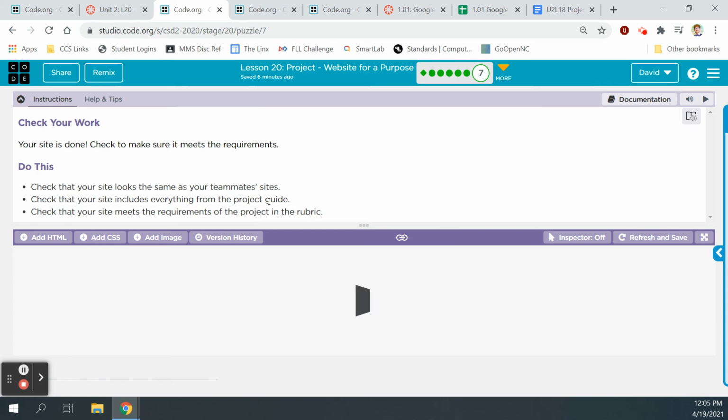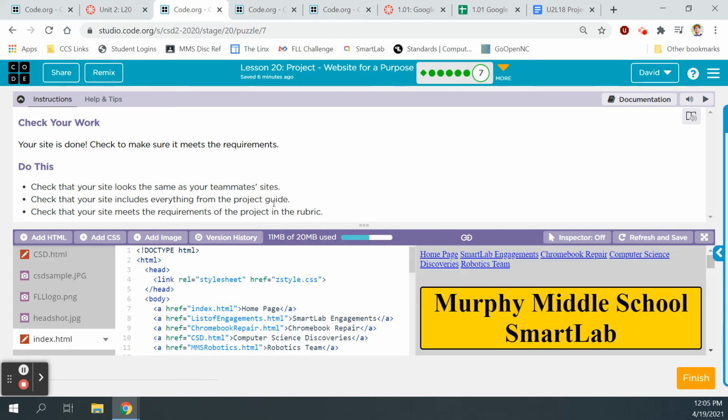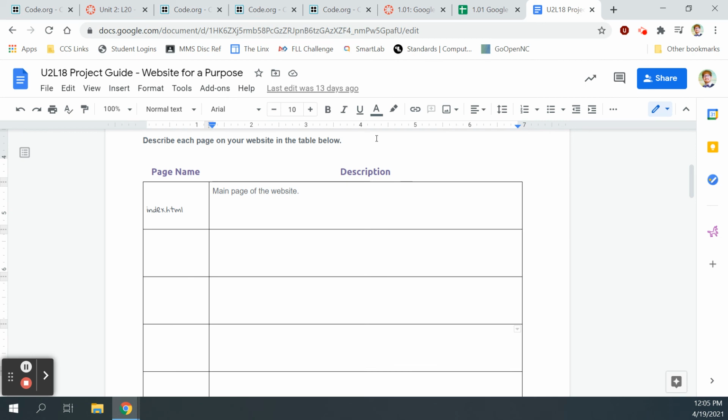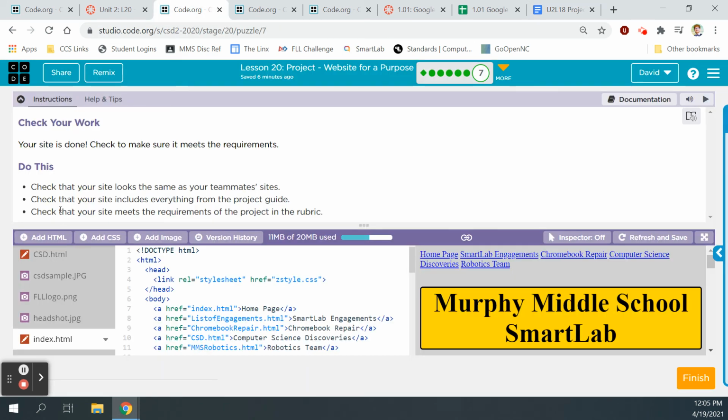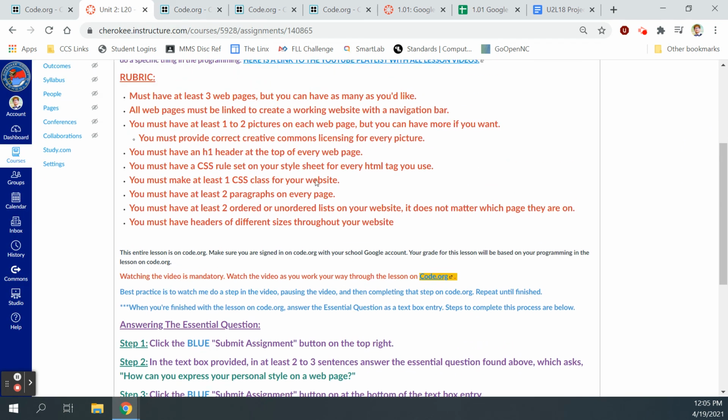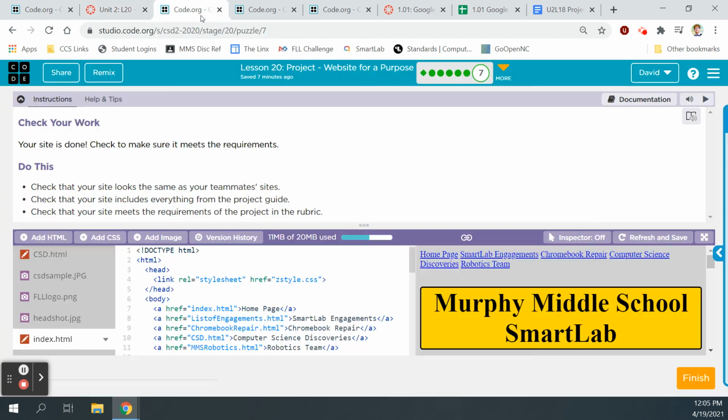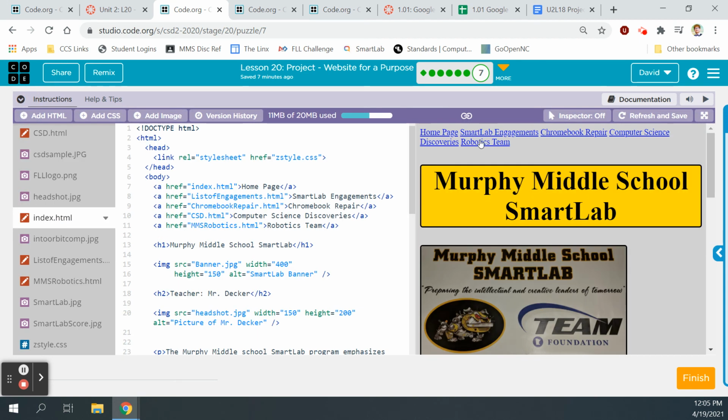On bubble 7, your site should at this point be done. So just checking over everything again. Check that your site looks the same as it should based on what you wrote out on your project guide. Make sure that your site includes everything from the project guide, and check that your site meets the requirements of the project in the rubric right here, right? And if it doesn't meet those requirements, then you're going to have to do a little bit more work here. And when you're finished, and you've got your working website,